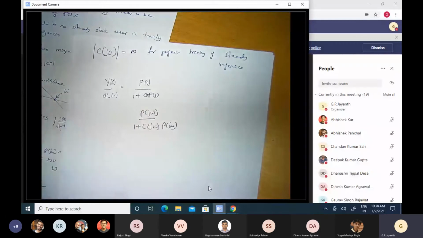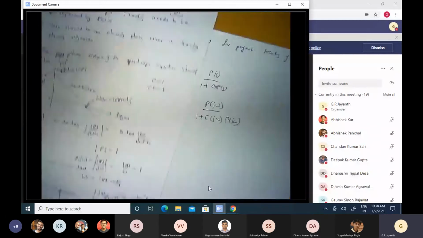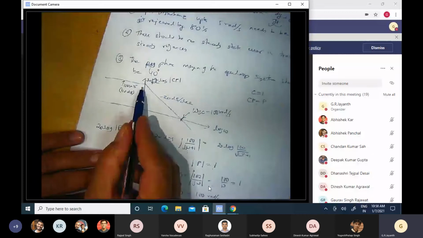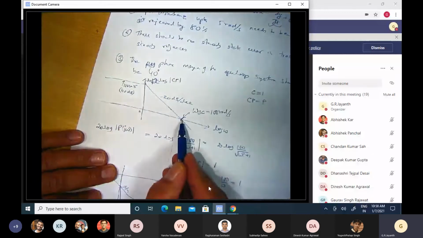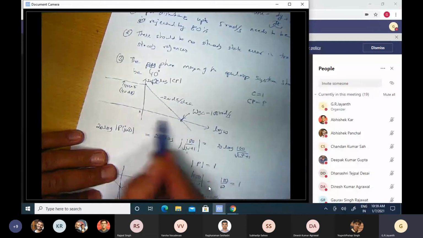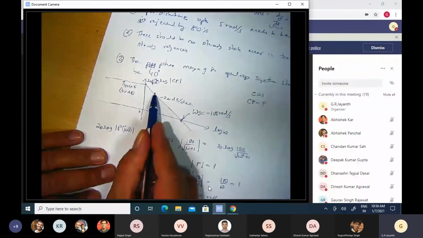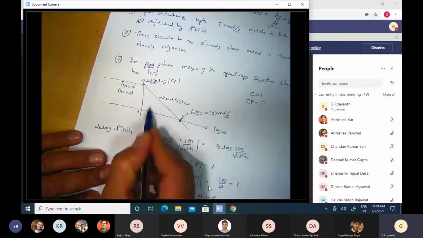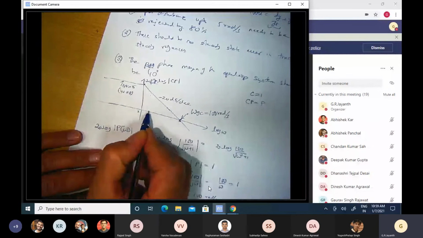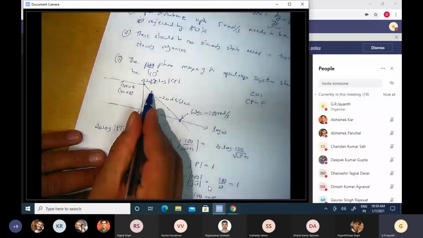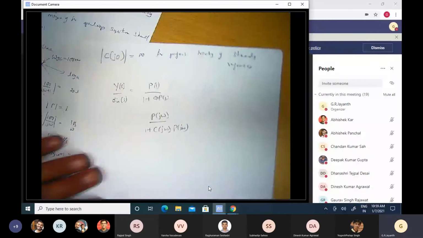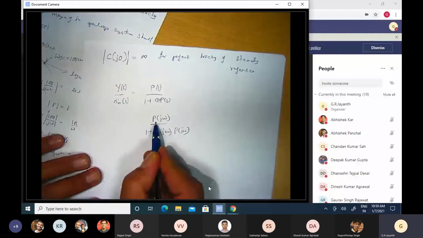Now, if you look at the Bode plot of that original plant, the gain was 100 around 1 radian per second, and the gain became 1 around 100 radians per second. In between, everywhere, the gain is always greater than 1, in fact much greater than 1. So around 5 radians per second, the gain is still going to be quite close to 100. So this plant P, its gain is going to be quite close to 100.